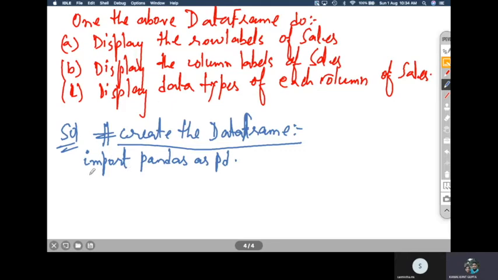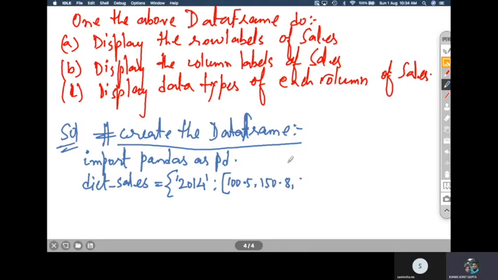So let us first create the dictionary of values, dictionary of sales. The dictionary of sales will be something like this. First the name of the column labels will be given here. So 2014, under that we have all the values: 100.5, 150.8, comma, the column wise.